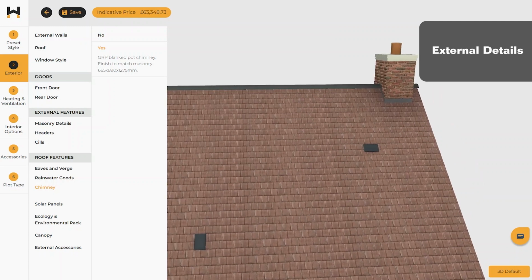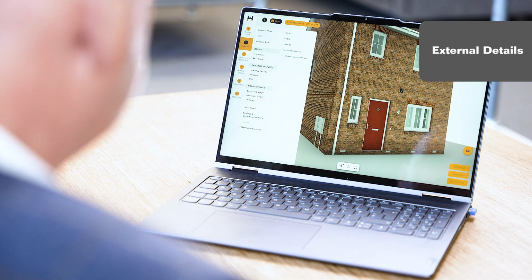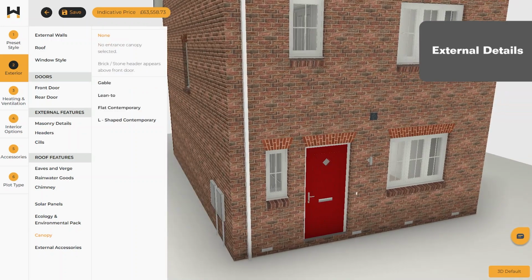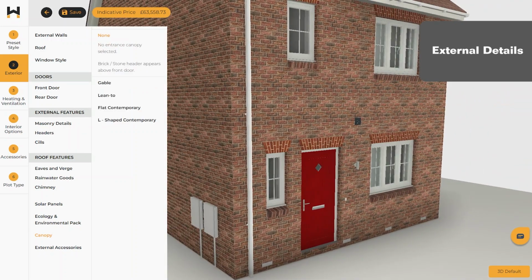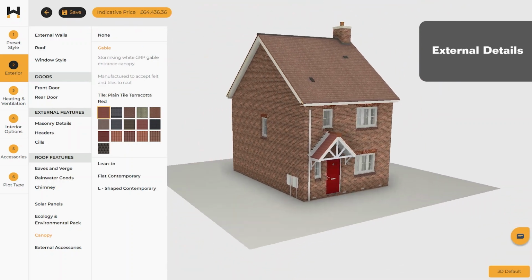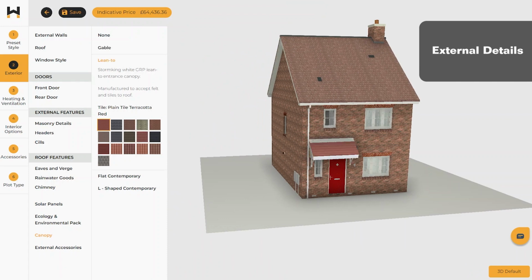Adding that in, completely changing the look and the feel of the property as we go. Last thing, through making all the configurations, you may have noticed that the porch disappeared on the front. This is where we can now come back and very quickly change this property to having no porch or canopy, or the click of a button completely changing the feel of the property, going through having a gabled canopy, a